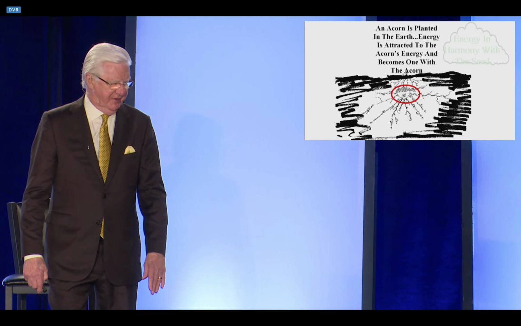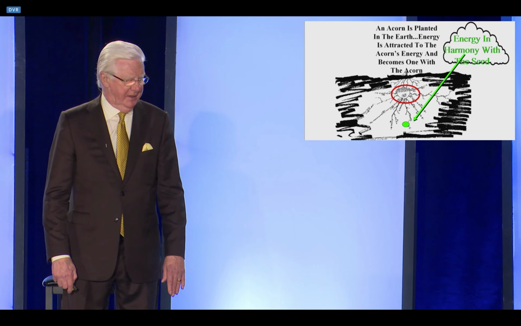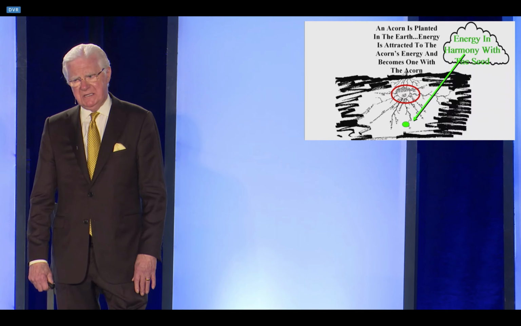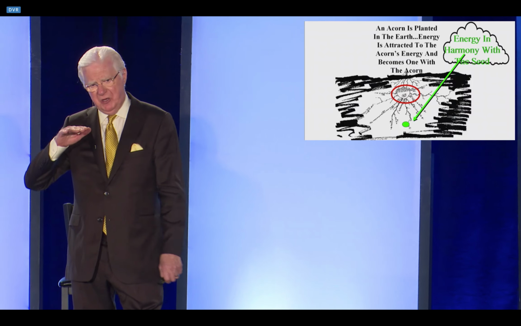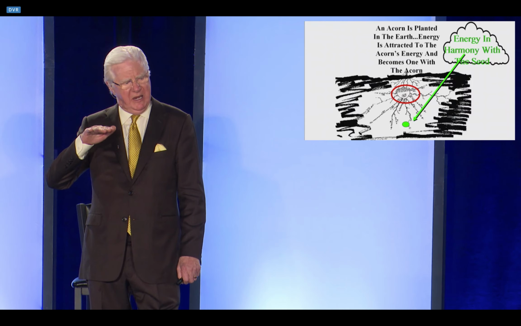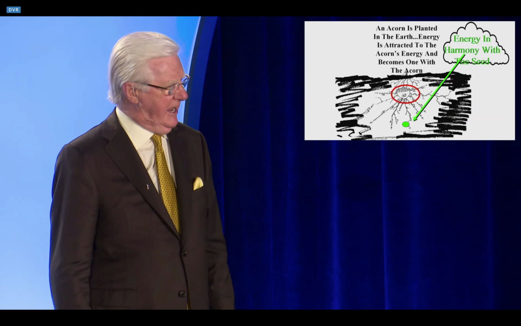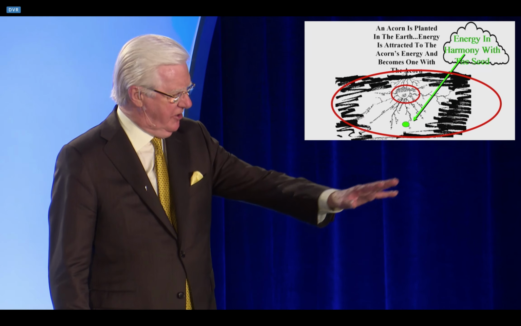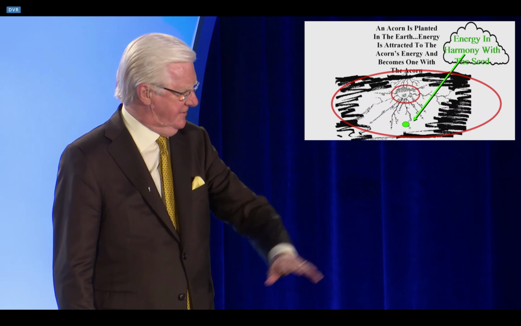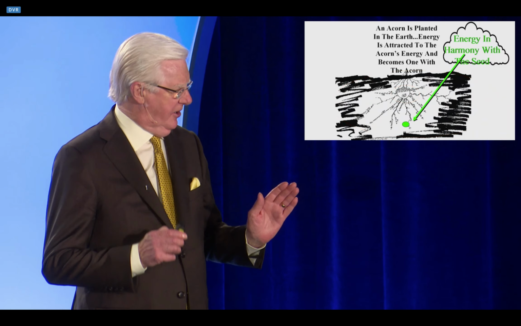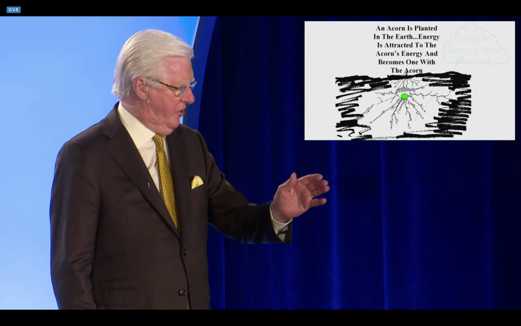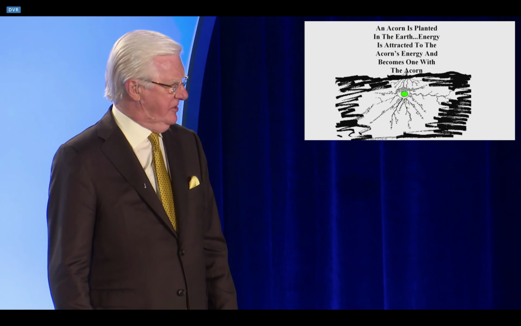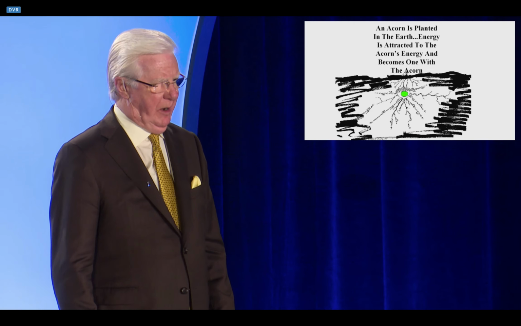there are particles of energy that are there some distance from the acorn, and if you could see with the naked eye what's happening, those particles of energy would be marching just like obedient soldiers right to that acorn. And they will move directly to the acorn, and it could come from quite a long distance. But they will move, and they'll move directly to the acorn. When it reaches the acorn, it does the only thing it can do. It becomes one with the acorn.